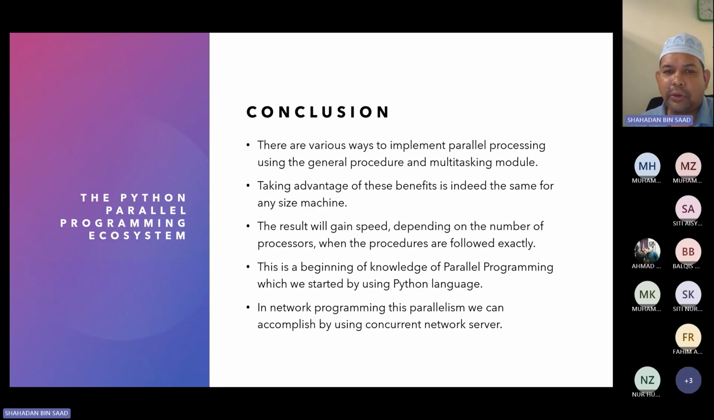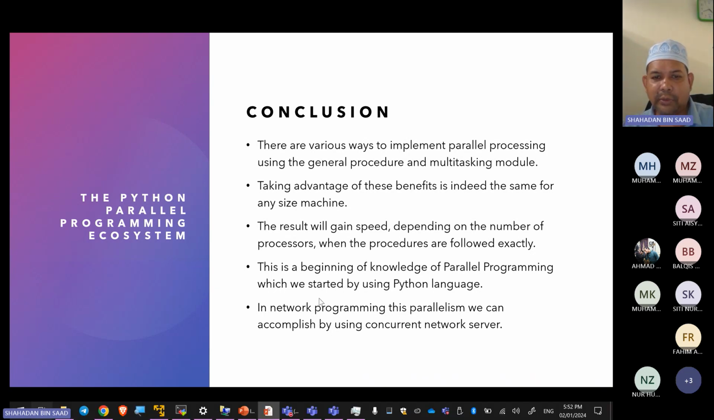Okay, so the conclusion, there are various ways to implement parallel processing using the general procedure and multitasking module. Taking advantage of this benefit is indeed the same for any size machine. So the result will gain speed depending on the number of processors when the procedure are followed. Exactly. This is the beginning of knowledge of parallel programming, which we start by using Python language in network programming. This problem we can accomplish by using concurrent network server. Right. So sebelum tamat kita ulang balik